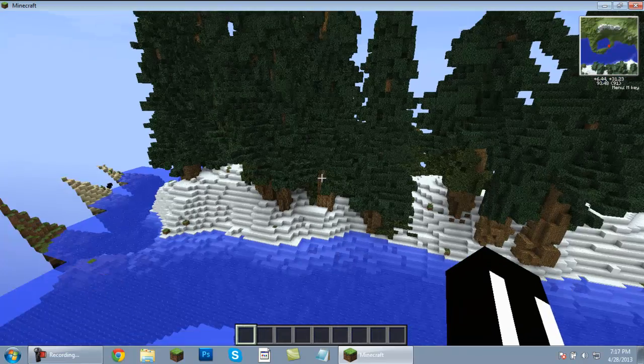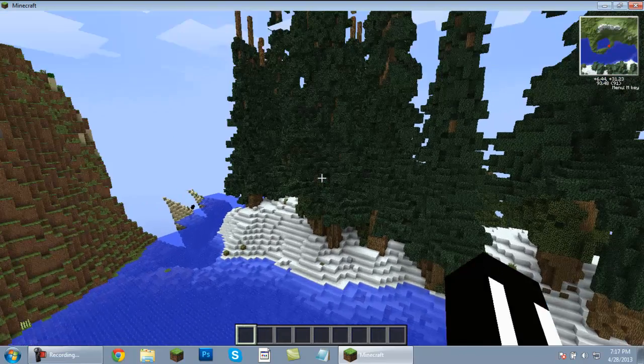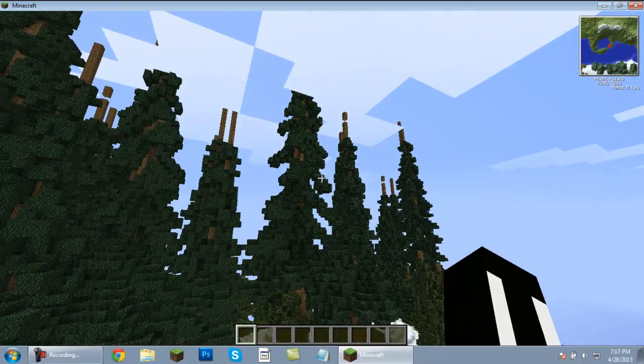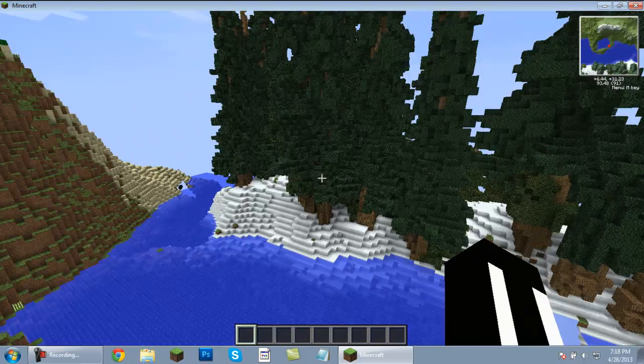Okay, so I'm at the snowy island. As you can see, I did the snow there, and I did the snowy island trees. These are the trees that I chose. They're like the pines, but if you see how tall they are,